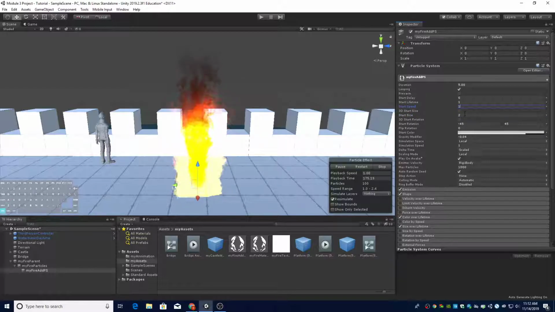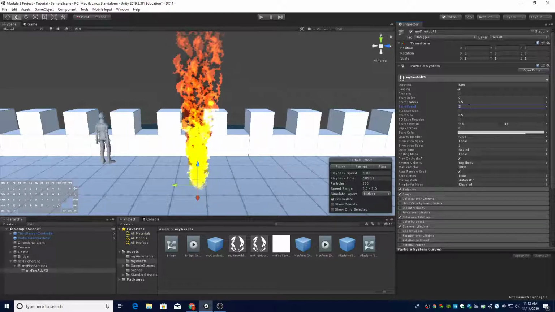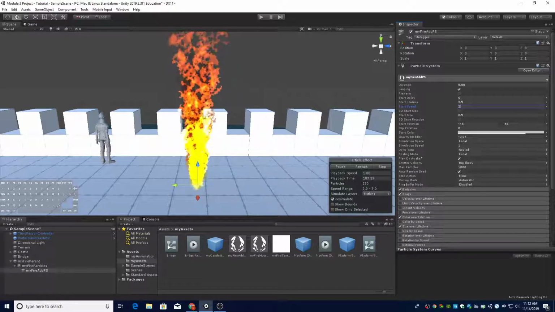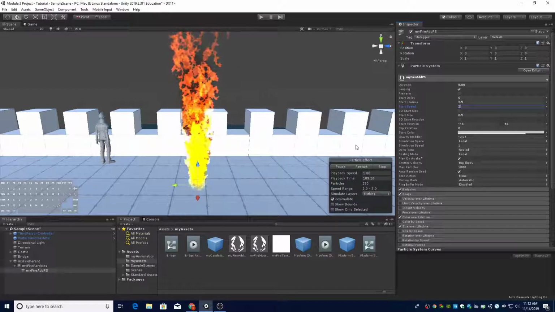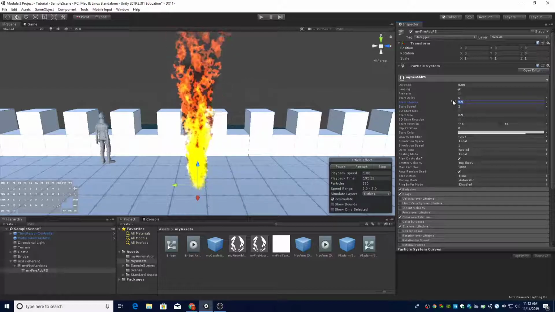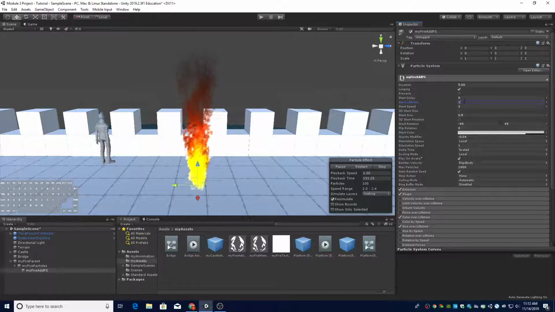Let's go ahead and go back. Start speed. Oops. Control Y to redo. Yes, let's change the start speed to 2. So now you see it kind of go really high, and the lifetime, let's go back to 1 again. So a start lifetime of 1, a start speed of 2, and we're going to change the size of this